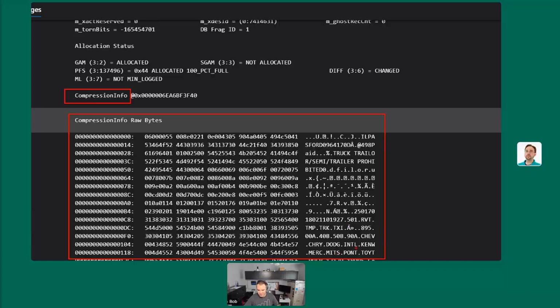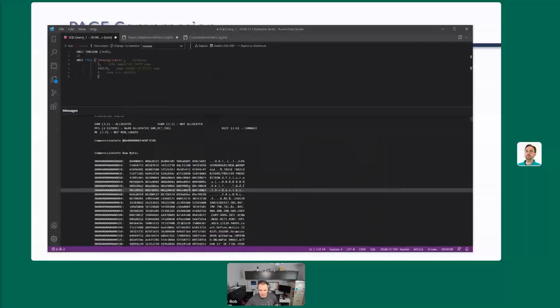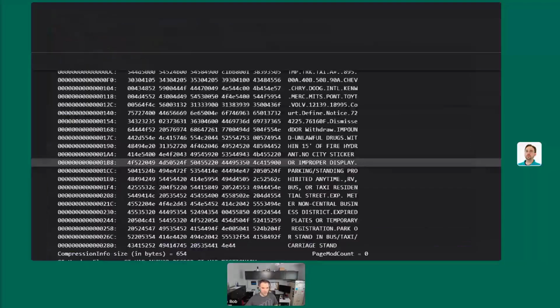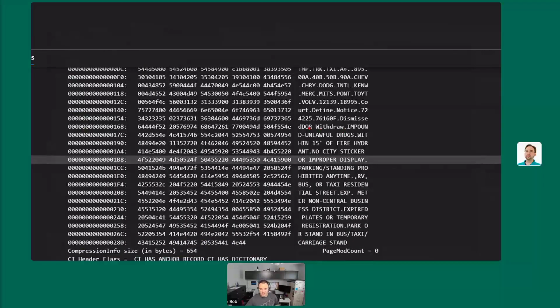So you'll notice we have some information that would seem pretty common if we're looking at car ticket information. We have abbreviations of car makes: Chevy, Chrysler, Dodge, International, Kenworth, things like that that you would expect. We have some other values in here that I'll zoom in on, some longer, very common strings apparently, like impounded for unlawful drugs or improper city sticker display. That's something they love to get you with in Chicago. You'll also notice down here we have our page modification count that I was just telling you about. In this case, it's 0. No modifications have happened, but this is where it would actually keep track of the number of pages that have